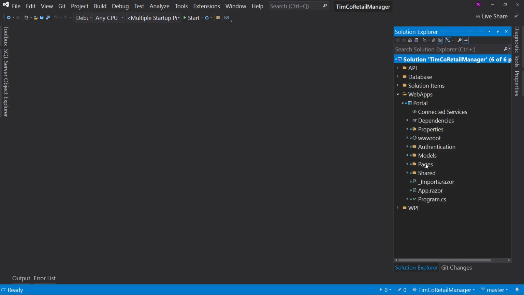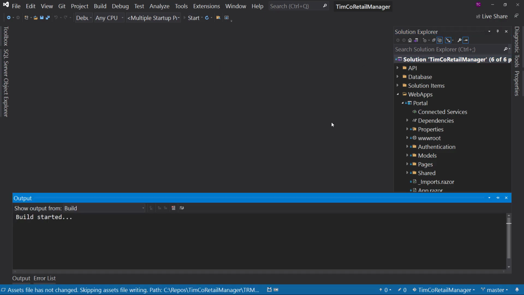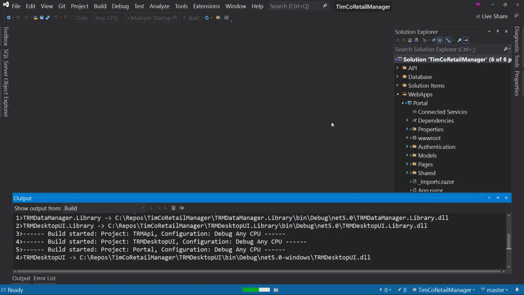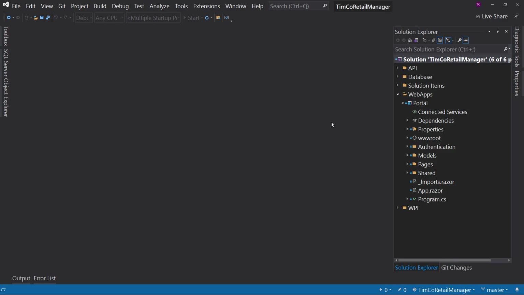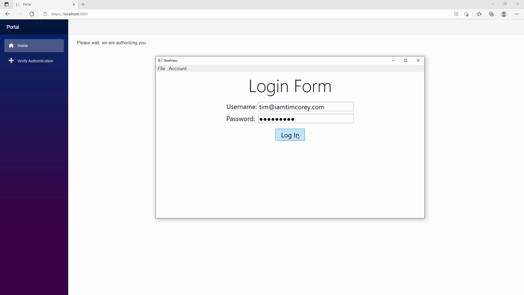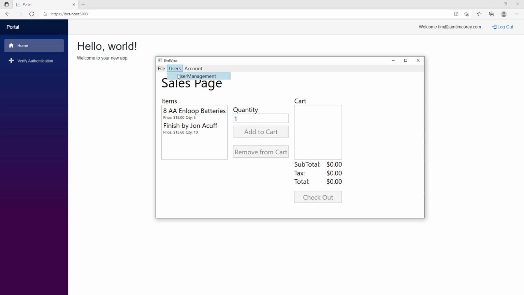But there is one bit of housekeeping I want to take care of. Let's run the application. I want to show you a bug that's been pointed out that we need to get fixed. It was an async issue that we need to address. So let's go over to our WPF application. And once this authorizes and logs us in, we can log into our WPF application and then go to Users,